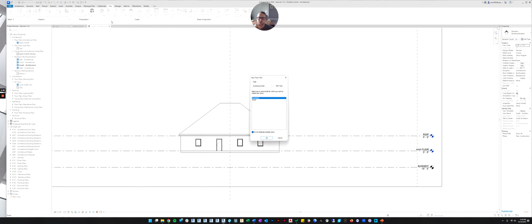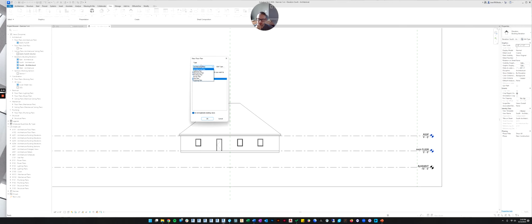So you click the floor plan button. And now it'll bring up this dialog box. And we want to make an architectural plan. That's just the type. It doesn't matter a whole lot which you pick. Well, it does. If you pick these other ones, it's going to filter out different things. So like if I picked a lighting plan or a mechanical plan, it will show all the mechanical ducts and hide architectural elements. So you're probably going to want the architectural plan.